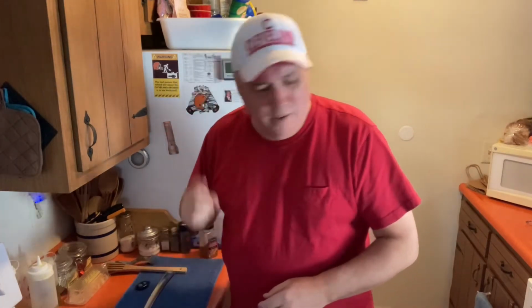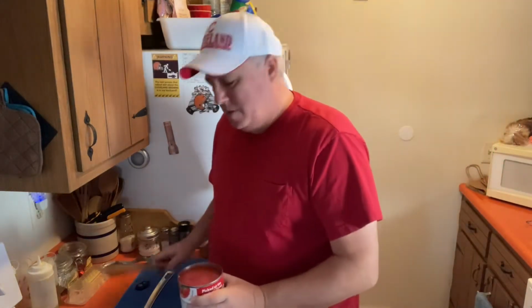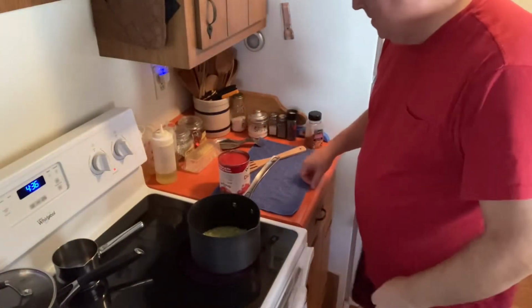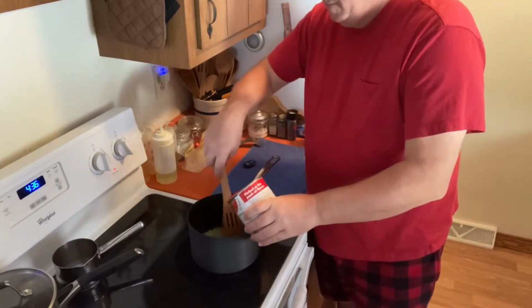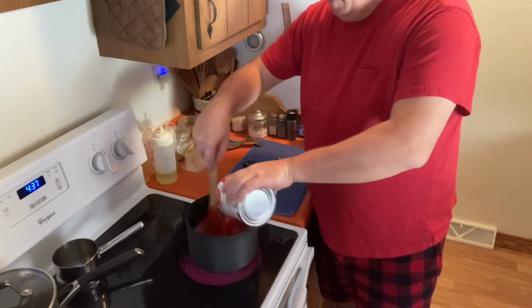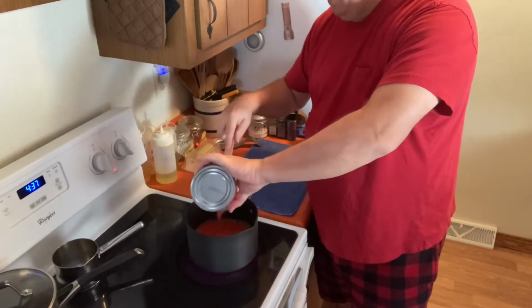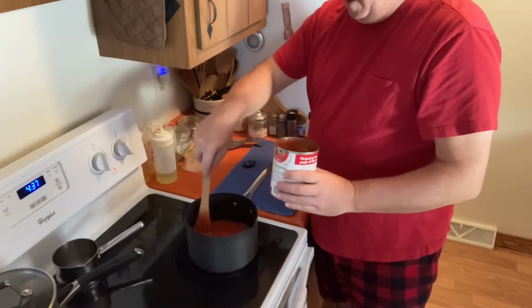Looks like right now it's time to add our sauce. So, adding the sauce, let's turn the camera a little bit. Be careful adding the sauce. Stir that in. Well, that smells good already. That is some good smelling stuff. Okay, now,